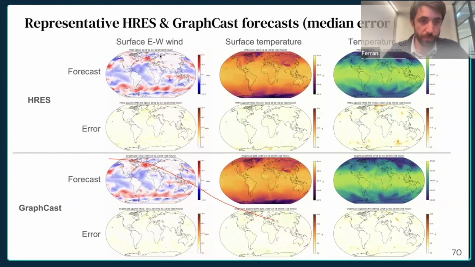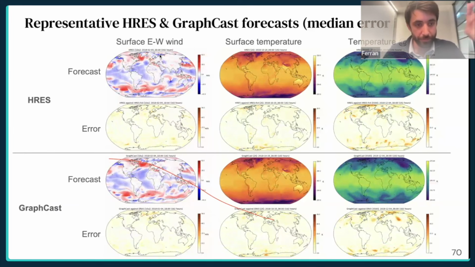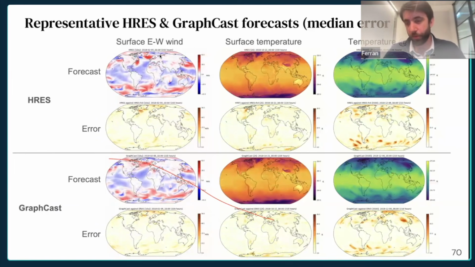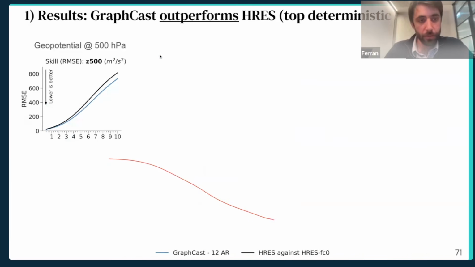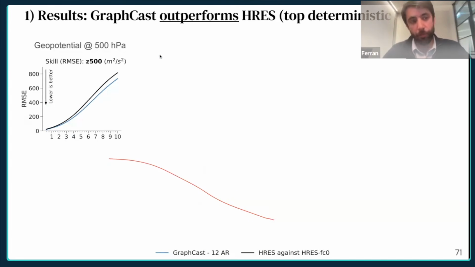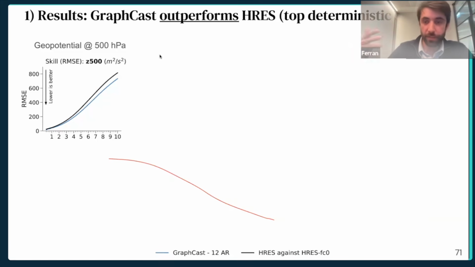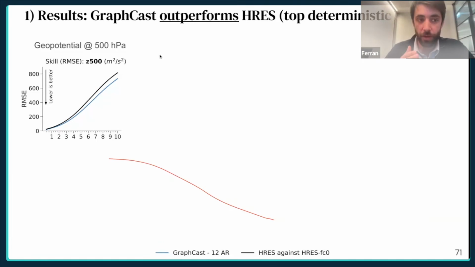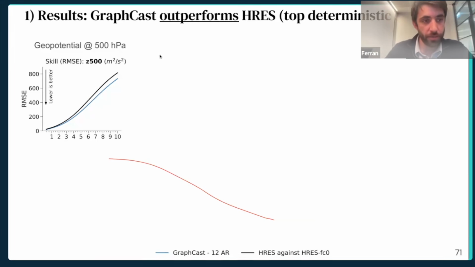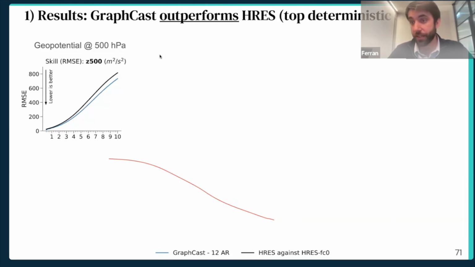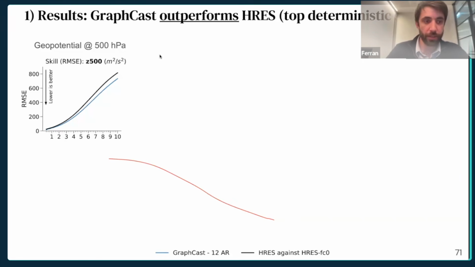So we can see surface wind, surface temperature. If you don't see differences between the top and the bottom, it's roughly the intuition of this slide. So let's look more quantitatively. If we look at the error of making different predictions, in this case, geopotential 500, which is kind of a different way of thinking of atmospheric pressure. Of course, both the blue, which is GraphCast, and the black, which was the best physics model, get worse error over time, right? At 10 days, we're going to make worse predictions. But it's clear that GraphCast has a better prediction, has lower error than HRES.